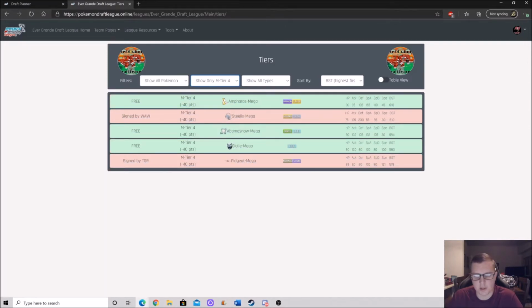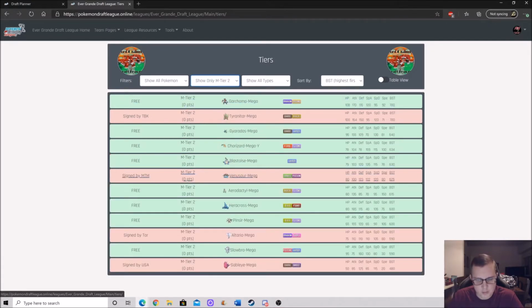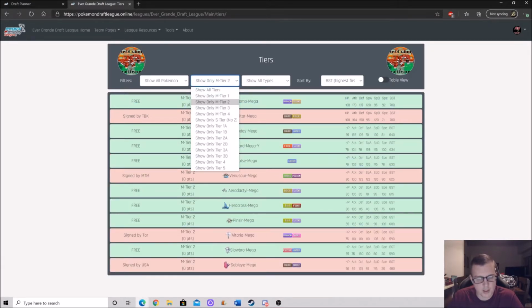So basically, there's 2 strats with the Megas, right? Pick one early and build around it, or pick one late. I wanted to build around one, or at least have one as my base, because like I said, I didn't want to be stuck with the Mega I didn't want. So, all right, then next,